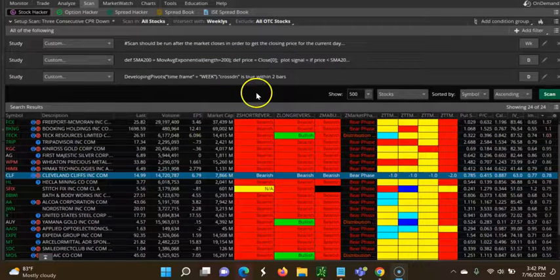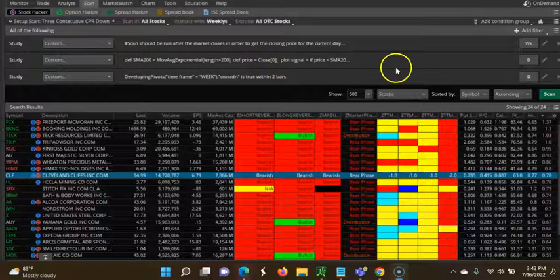So in this video, we're going to look at 3 CPR down, which is basically a bearish trend on the stock. Looking for bearish stocks to play. Okay, so here we are, basically 3 CPR down on a weekly basis, and then we want the stock to